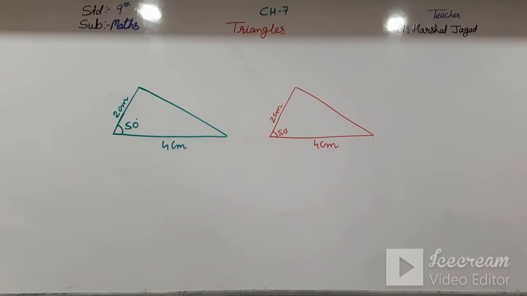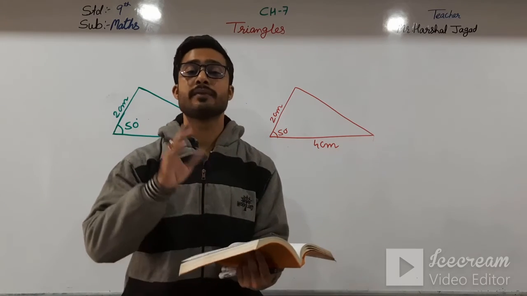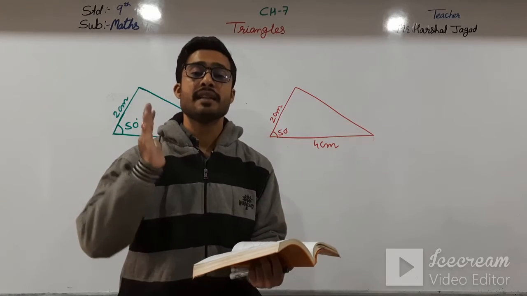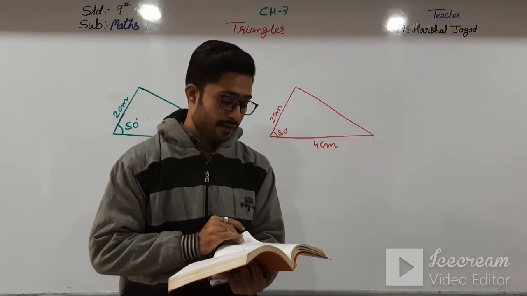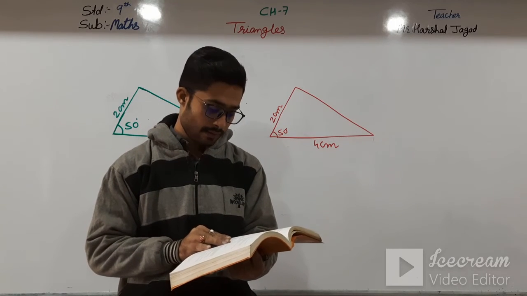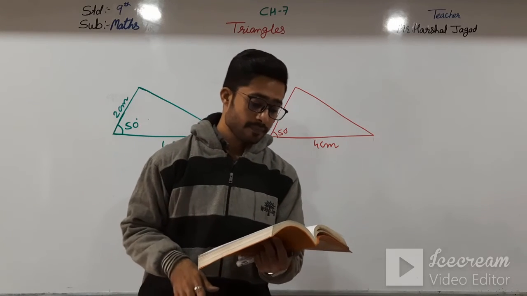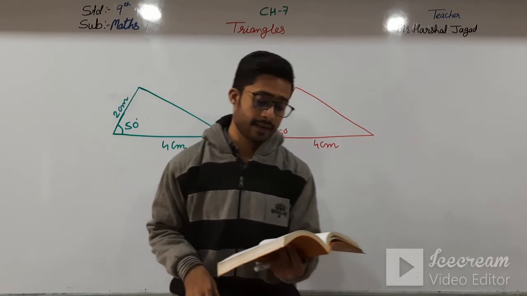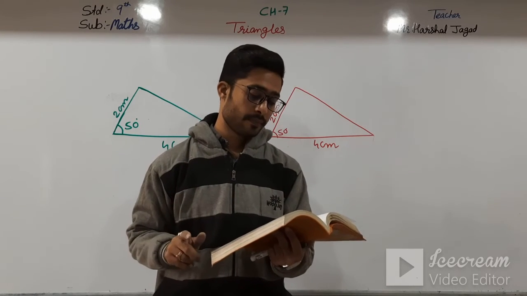Here you can see there is an example, but in this chapter we don't have to calculate any sum, only we have to see the theory part, nothing else. Now moving further and directly towards example number 2, which is given. Okay, now notice that two triangles are not congruent. This is example number 2.